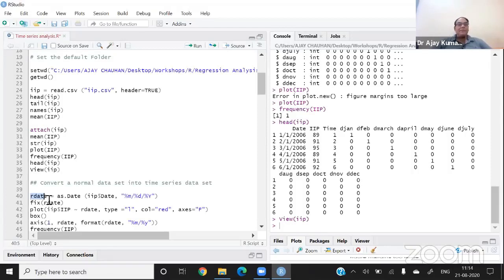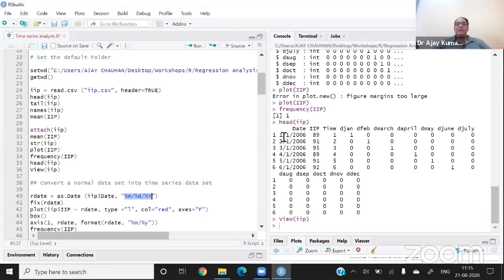Now, as.Date is a date function defined by the system of R software. For converting, I'm using the first variable, that is date. You can see this is a variable. I have a variable called date, and I'm using this variable to convert it into a system date. So IIP date is the name of the variable, and I'm taking this format, because the software has to read what the format of the date is.